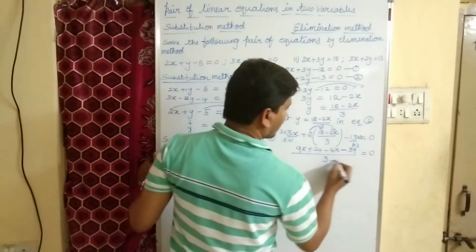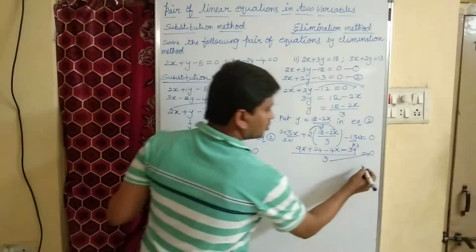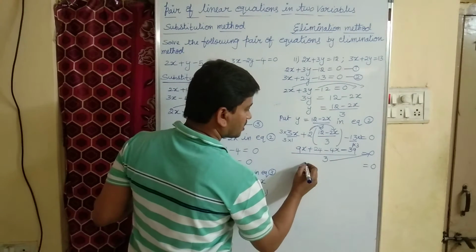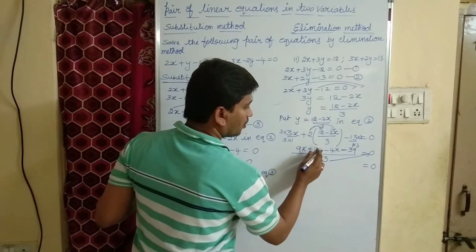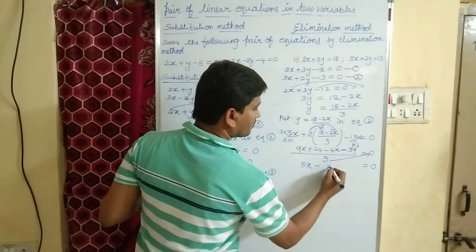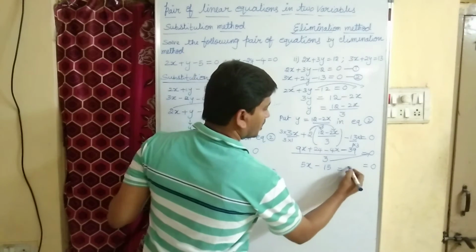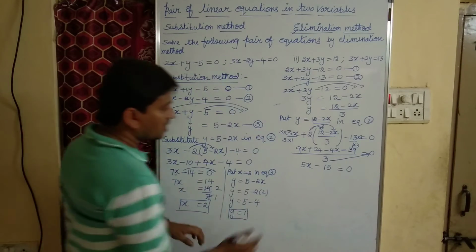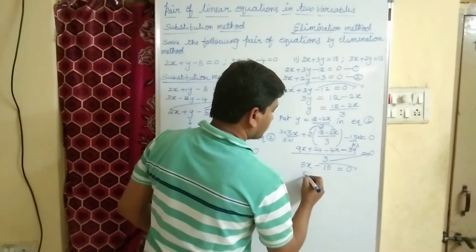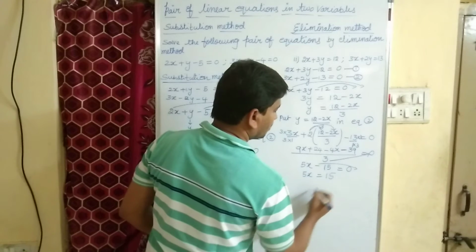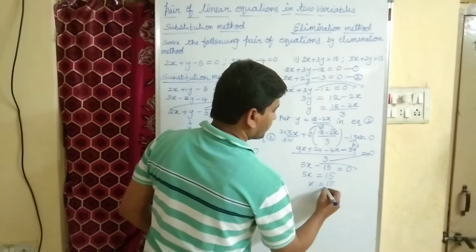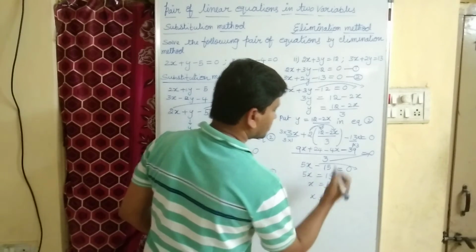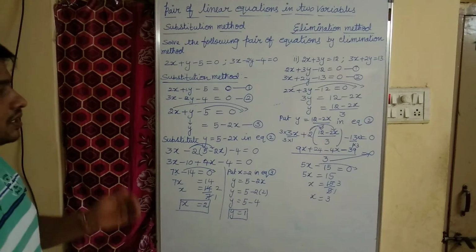Right? Now cross multiplication. 3 into 0, it becomes 0. 9x minus 4x, that is equal to 5x. 24 minus 39, 9 minus 4, 5. 3 minus 2, 1. That is 5x minus 15 equal to 0. Minus 15 if you transpose, it becomes plus 15. 5x equal to 15. So x equal to 15 divided by 5. 5 1s are 5, 5 3s are 15. So the value of x is 3. We got the value of x as 3.